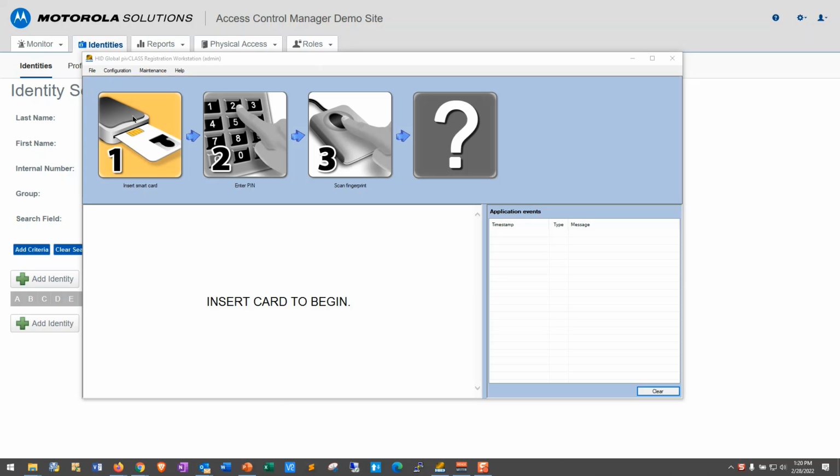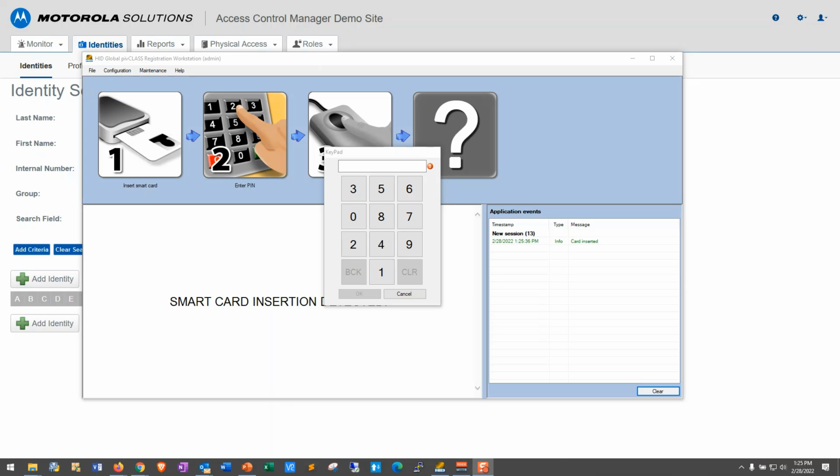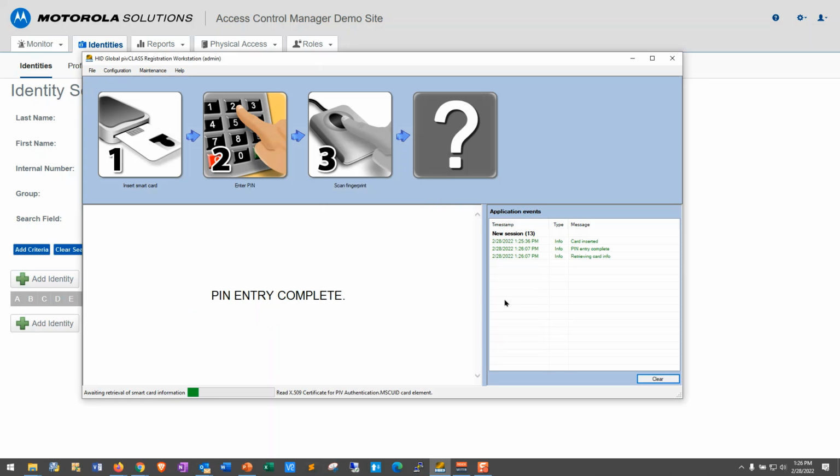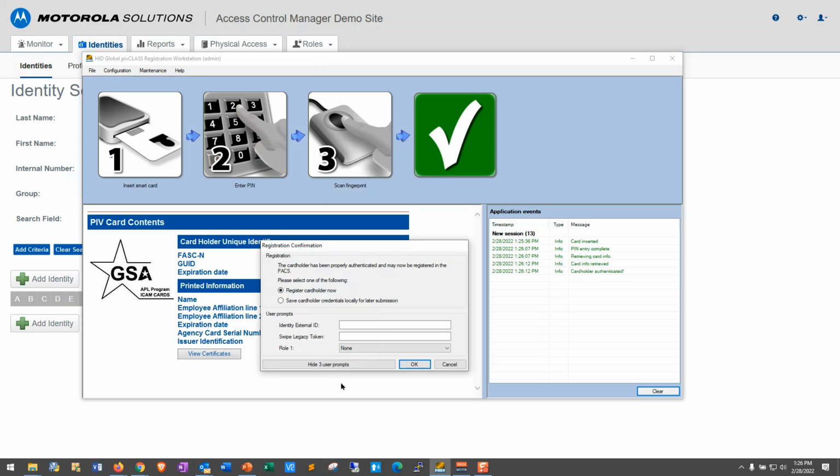I'm going to do now is insert the card. So once you insert the card, it's going to pop the keypad here to enter the PIN number. I'm going to go ahead and enter the PIN number here on my keyboard. Click OK. This will validate against the reader. Now it's checking the card to make sure that this card is not being revoked by the government. And if it's validated properly, as it did, then it comes back and lets me now register this with my